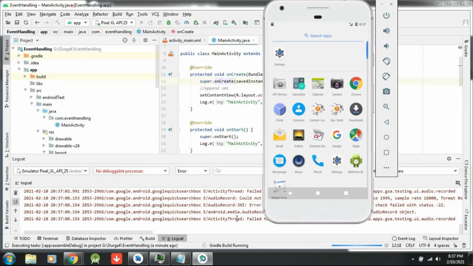So I installed API 30. Since then, a lot of problems are occurring in Android Studio. I hope you also installed API 30. Who has installed a very new operating system? With API 30, maybe you are having 8 GB or 16 GB RAM, but 4 GB RAM is a very risky thing.